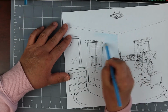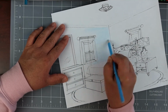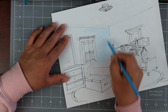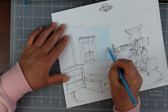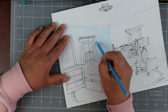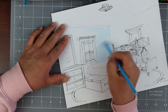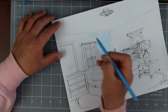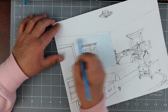So I'm just going to turn the paper so it's comfortable for me, and I'm going to press just a tiny bit harder on the tip of my colored pencil. Now for demonstration purposes, I'm going to do a decent job of showing you how to do colored pencil, but I may not put as many layers as I would if I was doing this just to create a nice piece for myself,